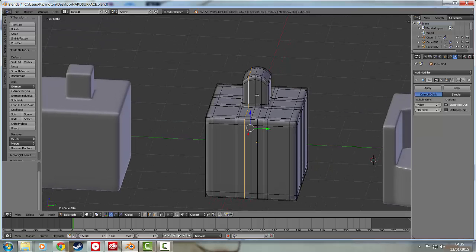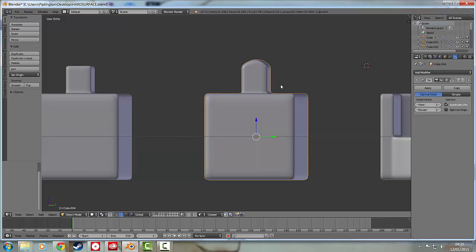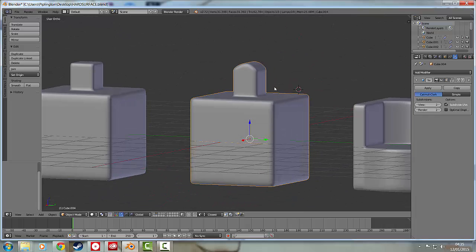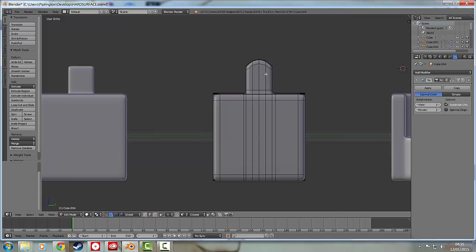you'll want to keep these loops and not mess with them. Like if I move this one just a little bit, if I press G twice and move it down, then we kind of destroyed the smoothness that we had before. So it's best to use